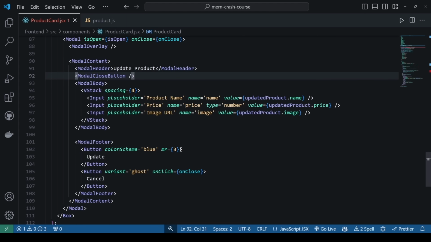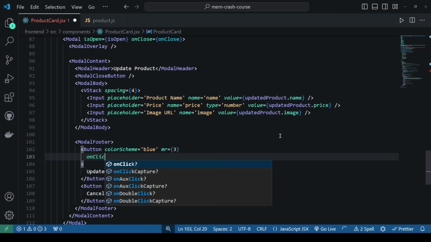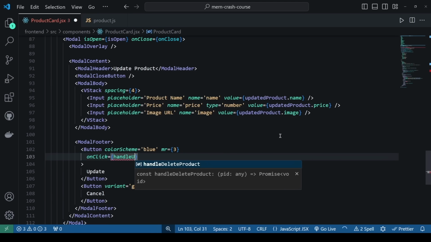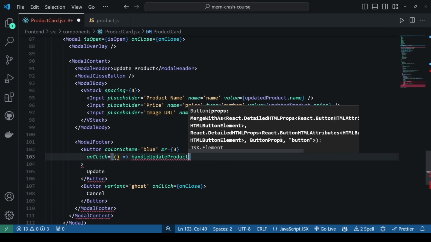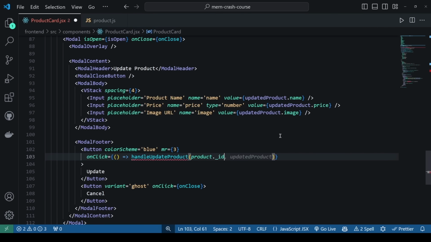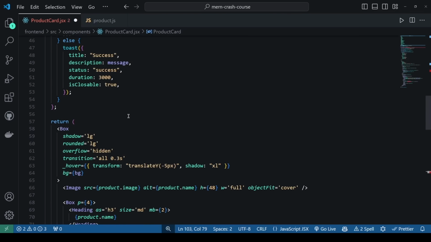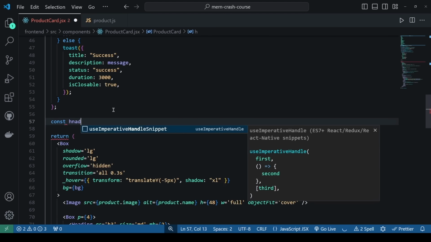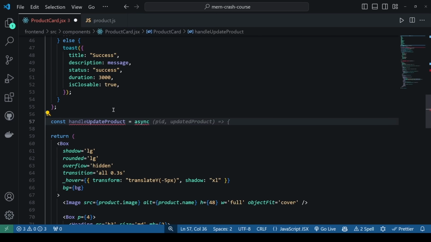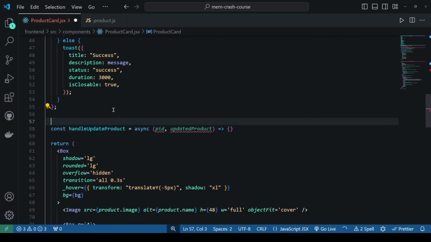Once we click this update button, we can call a function. So I'll just say on click handle update product, and we need to pass the product ID into it. So let's make it like this. We'll say product.id as well as the updated product state. Let's try to create it up here. Let's say const handle update product function, which is going to be an async function that takes these arguments, and this is going to call the update product function